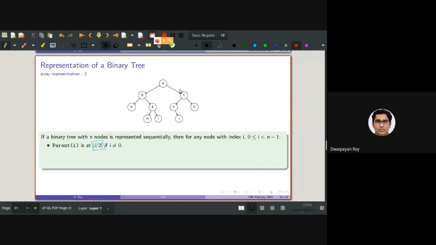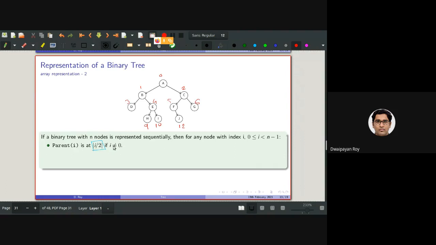So again, if I number them 0, 1, 2, 7, 8, then 9, 10, and this is 12. The parent of any node when I is not equal to 0 will be in this position.